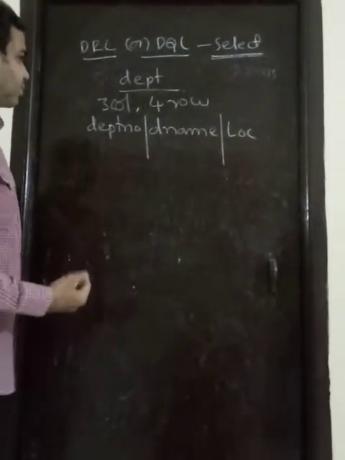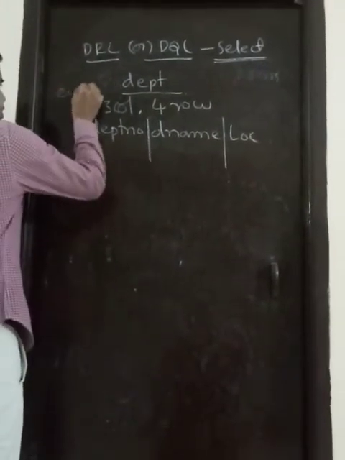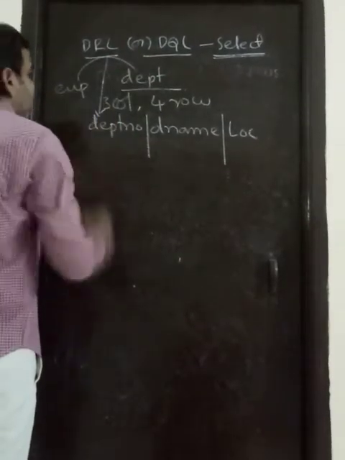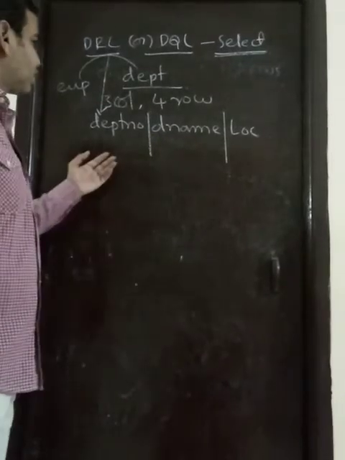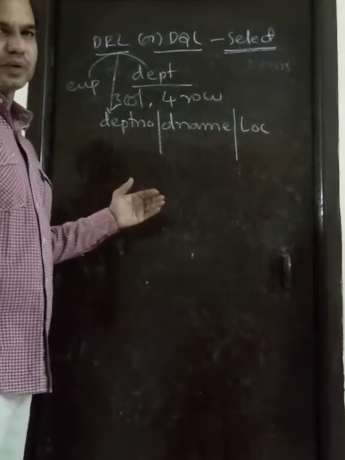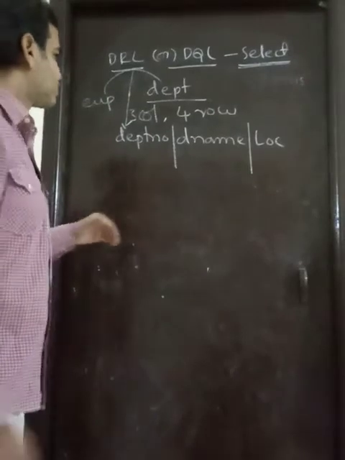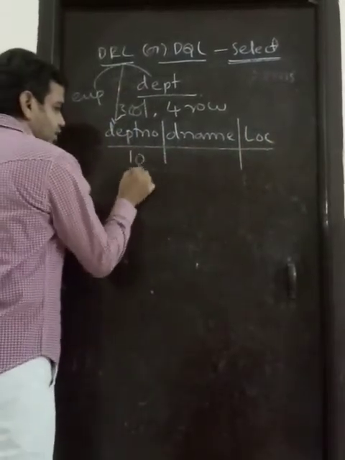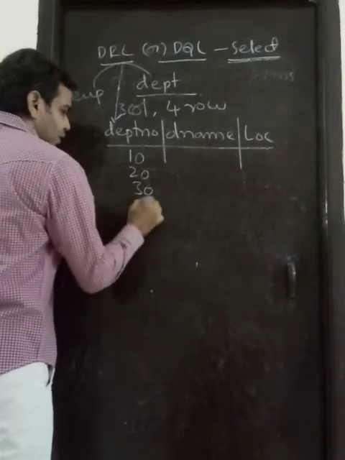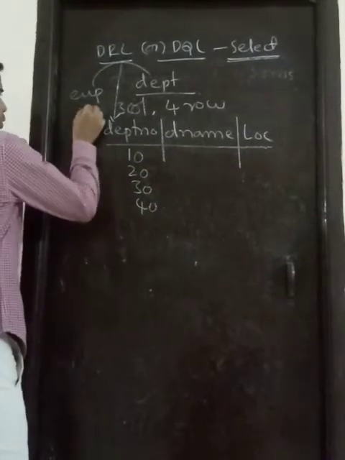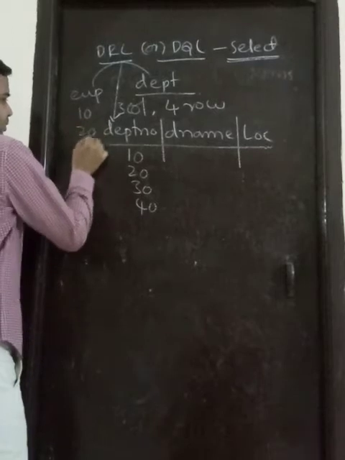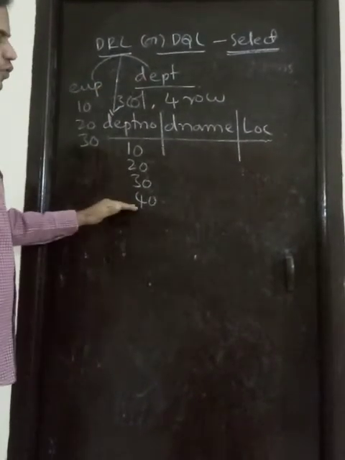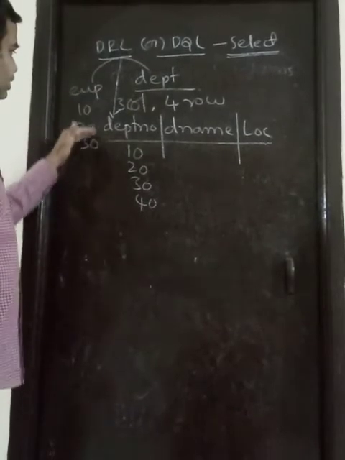In the employee table also, the relationship between the employee table and the department table is department number. In both tables, department number is a common column name. But if we compare the values, in the department table there are 4 department numbers: 10, 20, 30, 40, whereas in the employee table there are only 3: 10, 20, 30. So that is a difference.